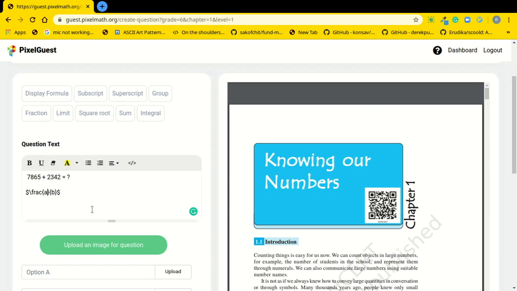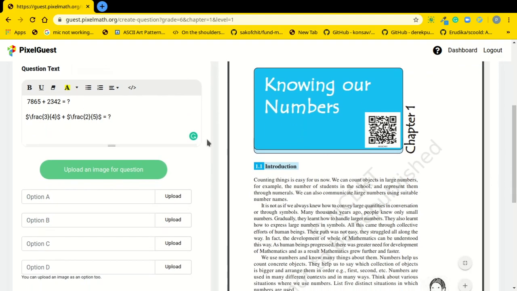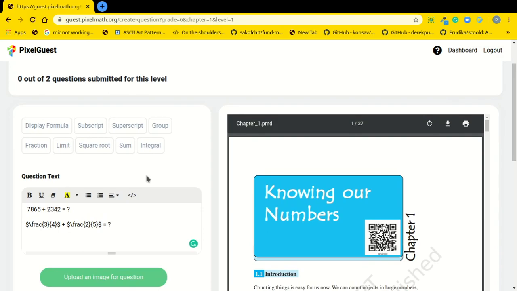So if I want to write a math question, I can just write it this way. Similarly, I can use another. So this is how we enter the math equations or math symbols. Similarly, you can write square root, sum, superscript, subscript using these